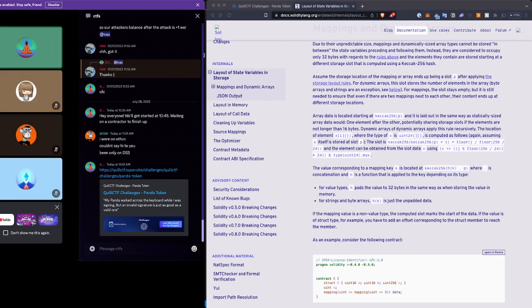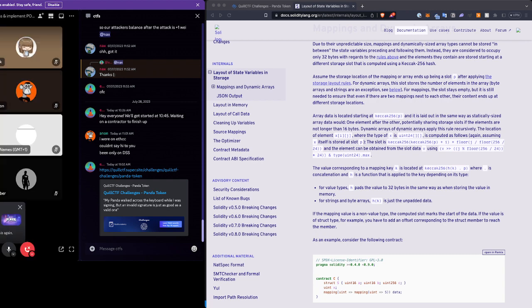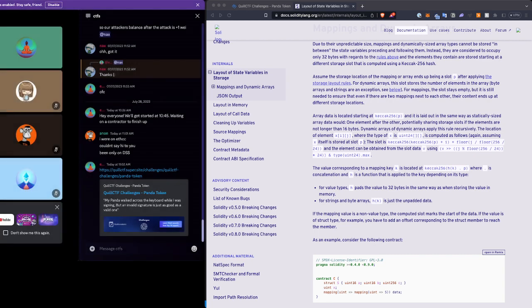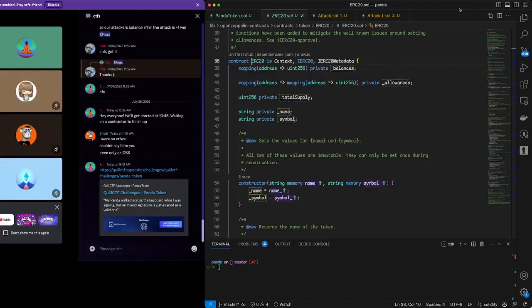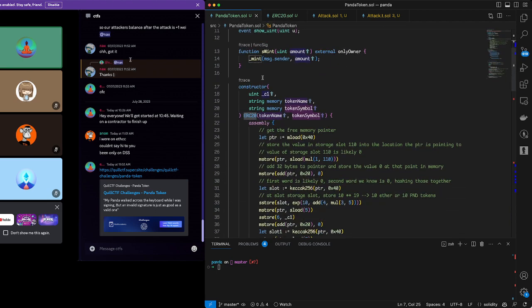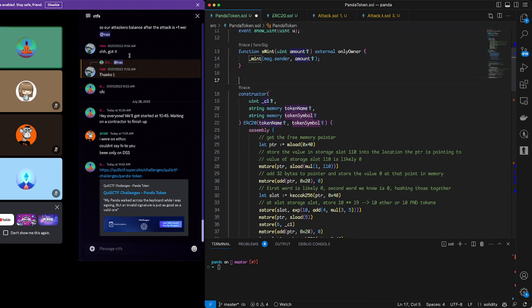So given this, we know we're in an ERC20, right? So I'm switching back. I'll remember to switch you back to my code. So what's the first mapping in the ERC20? It's balances. So what it seems is happening in the constructor, one of the things that's happening in the constructor is